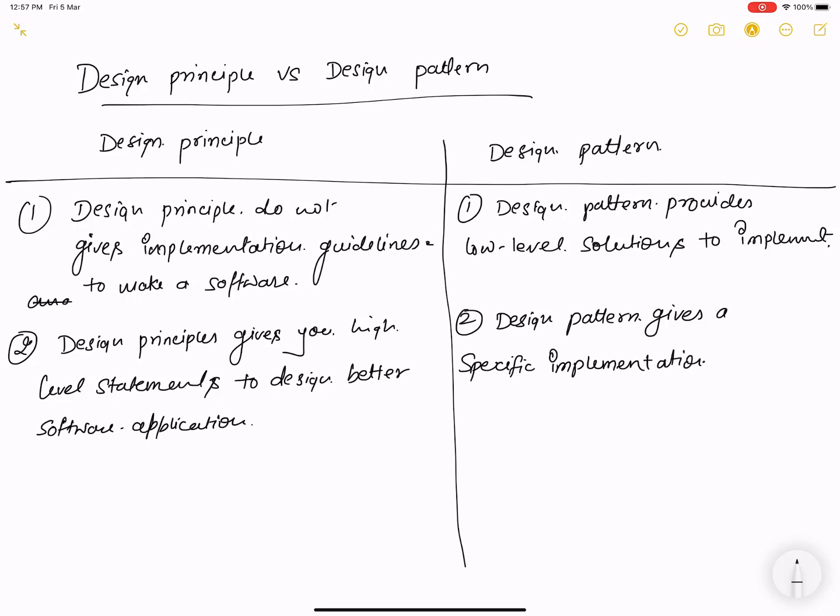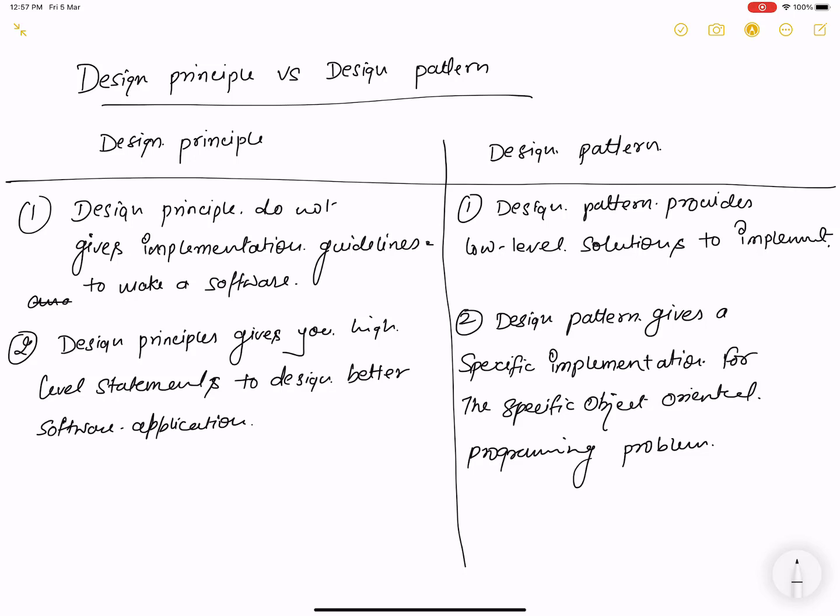I am emphasizing that word, specific: a specific implementation for specific object oriented programming. I mean to say that a singleton service is used in a design pattern, and a design principle uses SRP.